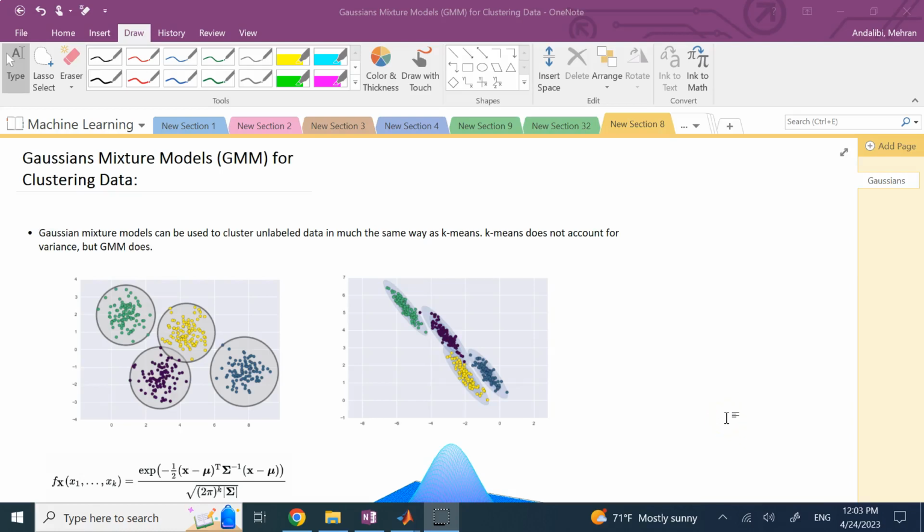Hello everybody. One of the topics in machine learning and in clustering data is Gaussian Mixture Models, or GMM, which has some similarities and some differences to the k-means clustering. So k-means clustering, as you know, when it clusters the data into different groups, it does not account for the variances of those clusters. But the Gaussian mixture model, as we'll see, does account for the variance, and basically it will give you